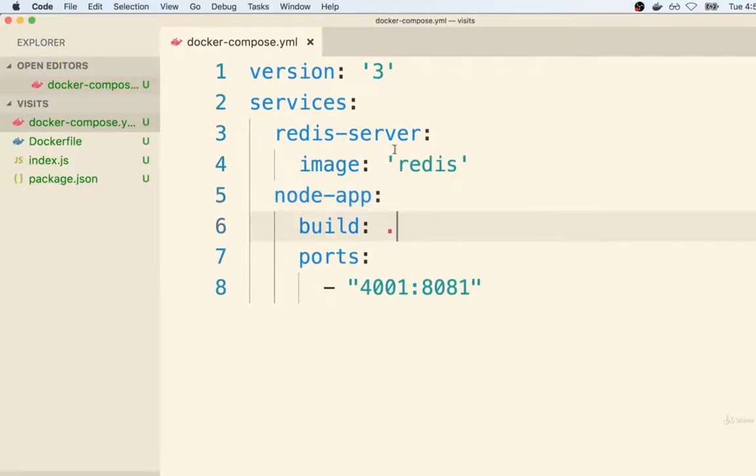In the last section, we put together our first Docker Compose file. It has two separate services, or essentially types of containers, available in it. The first is called Redis Server, and it uses the image Redis. The second is called Node App, and it uses the Dockerfile that we put into our current directory. So we're now going to figure out how we can take this Docker Compose file and create the two separate